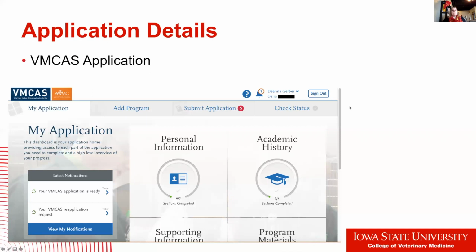Okay, so if you have opened up the VMCAS application, or maybe you have it open right now, that's awesome. This is what your application should look like. So you'll see there that you have these 4 quadrants, and we'll chat through those. But I do want to say, most importantly, is this check status page. Kathy and I actually just got this question in our Thursday session as well: what are some mistakes or things that prevent students from being looked at. Some of them are simply things like missing a transcript or missing a letter of recommendation. So keeping on top of your status page in VMCAS as well as our supplemental application is hugely